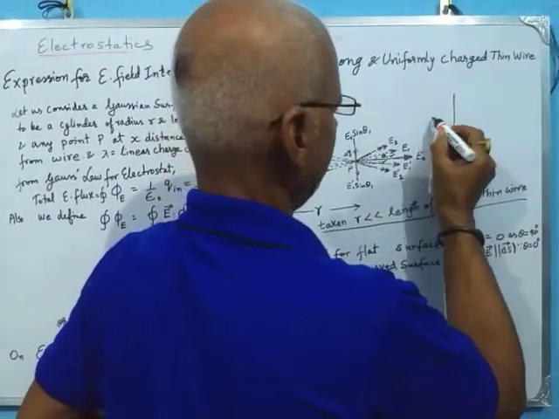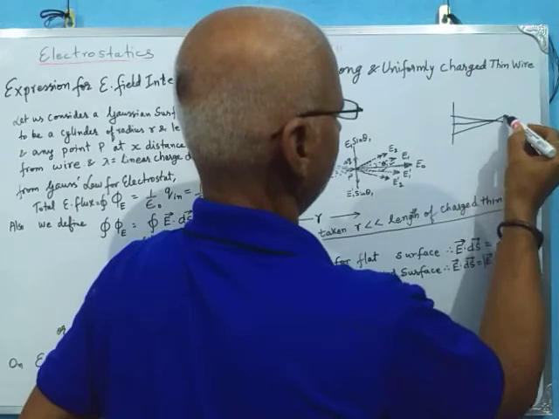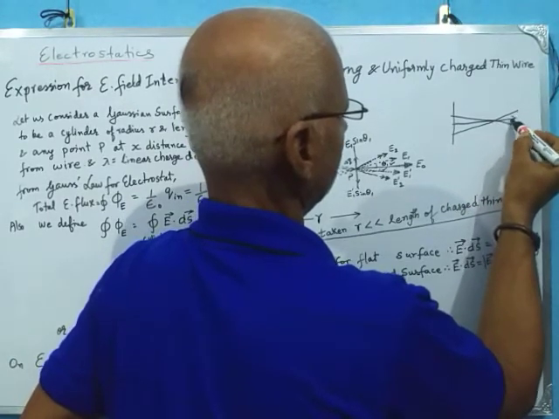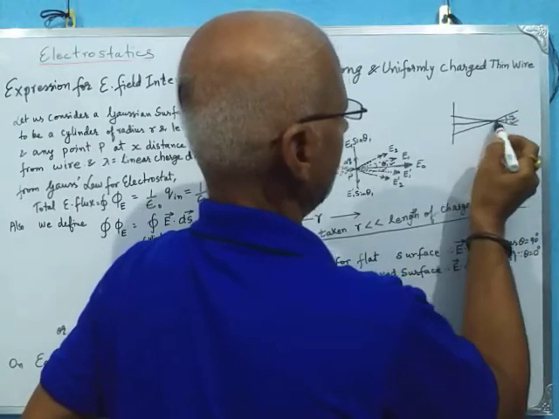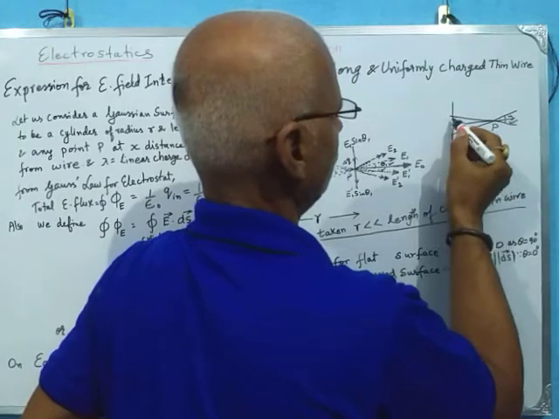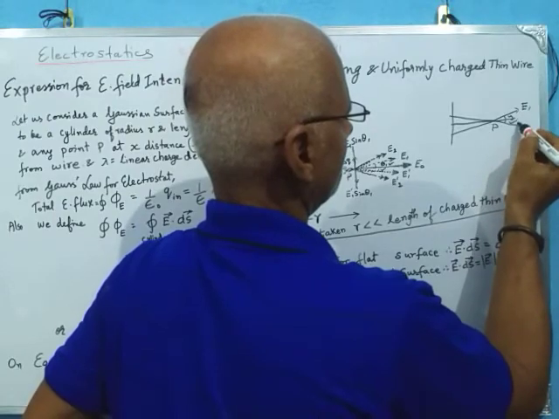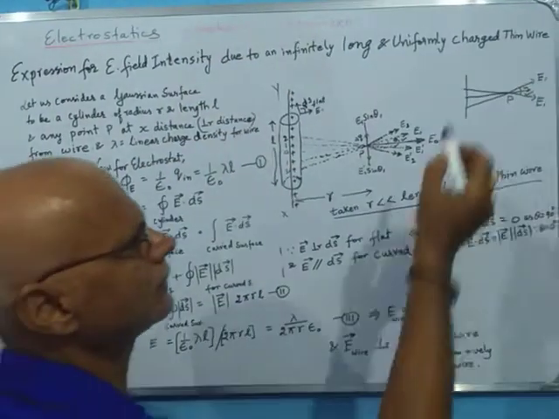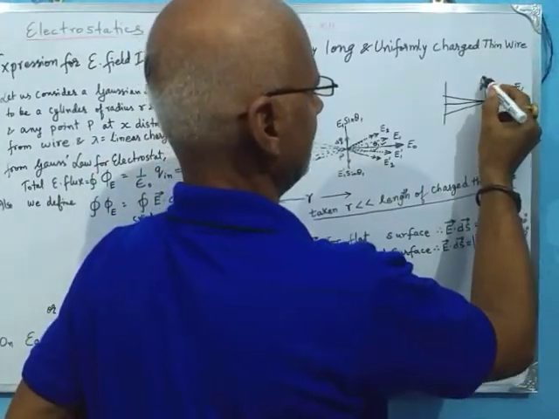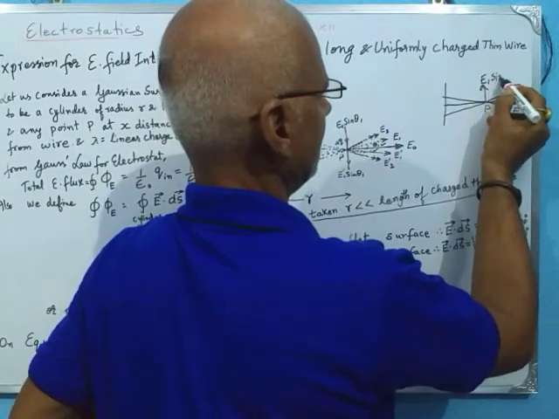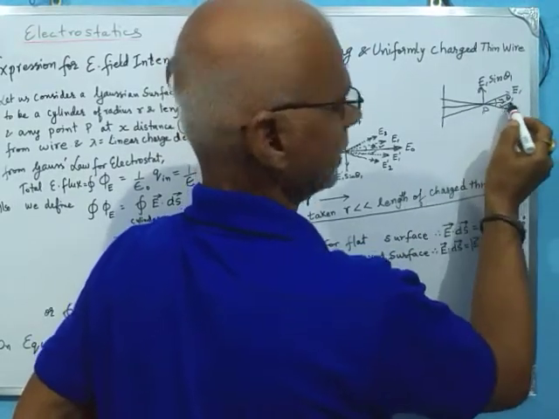Say for example, we are talking about two equidistant points. Then they will be making the same angle at point P with the central line, and also their magnitudes will be equal. As their magnitudes are equal and their angle made with the central line is equal, therefore their vertical components will cancel each other. Let us say theta 1 is the angle that this electric field is making with the central line,